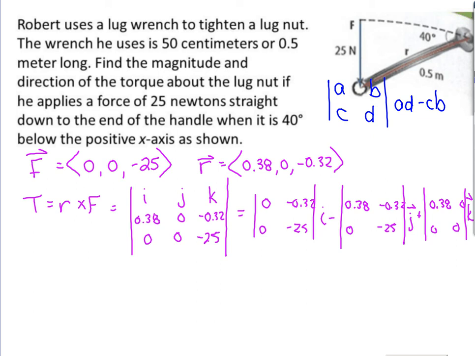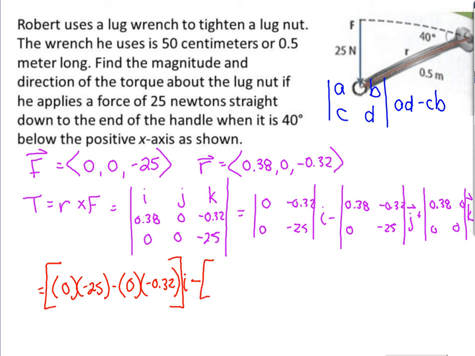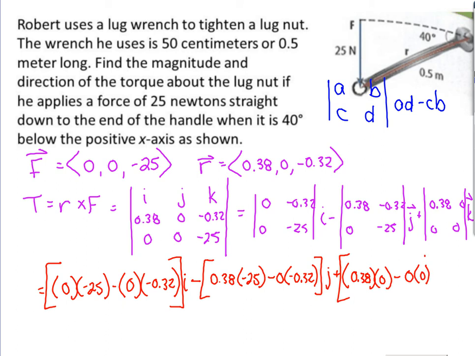So if we come over here, on the first one, we're going to have 0 times negative 25 minus 0 times negative 0.32 i, minus